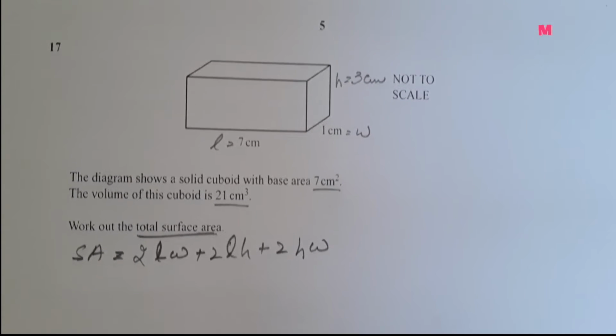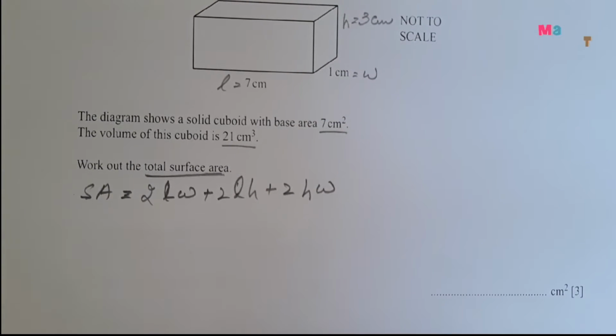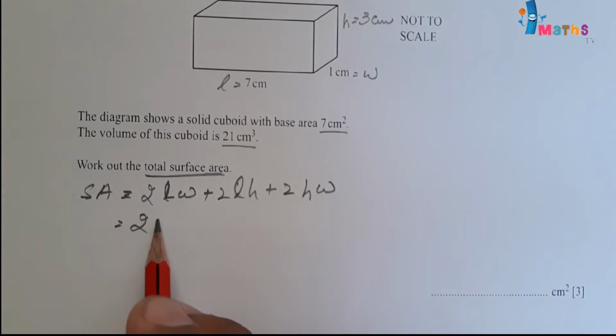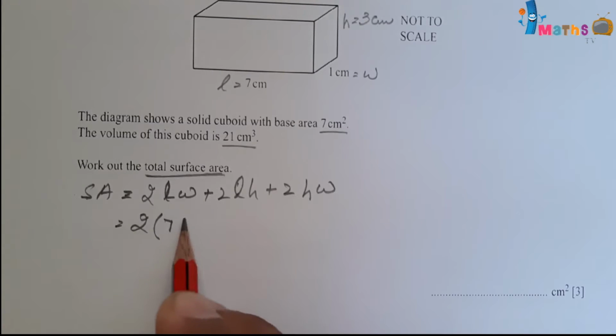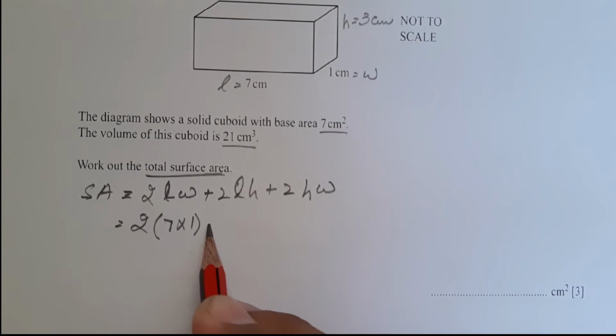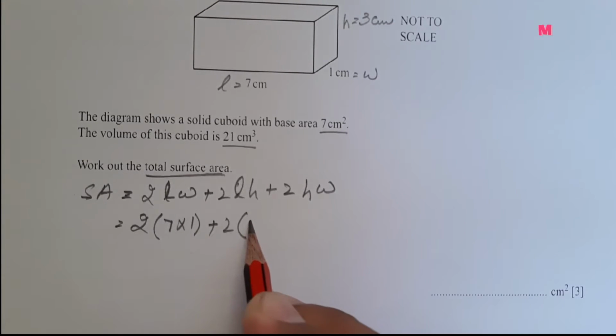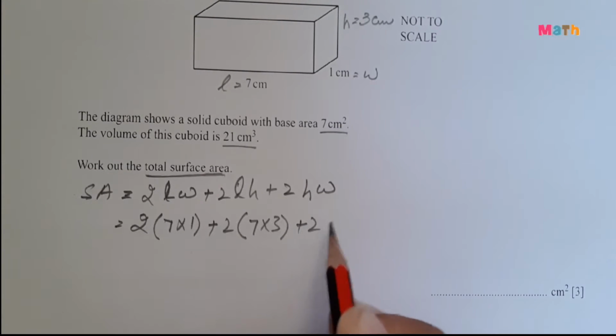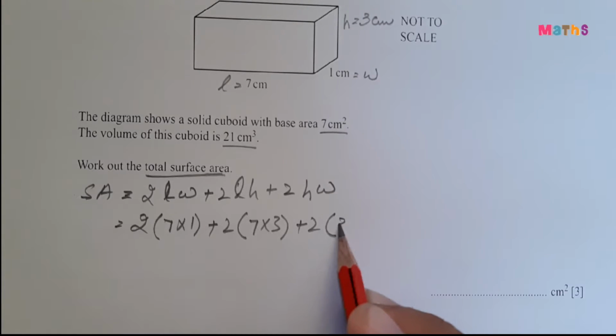Now we will be replacing values. So 2 into length, which is 7, into width, which is 1, plus 2 into length, which is 7, into height, which is 3, plus 2 into height, which is 3, into